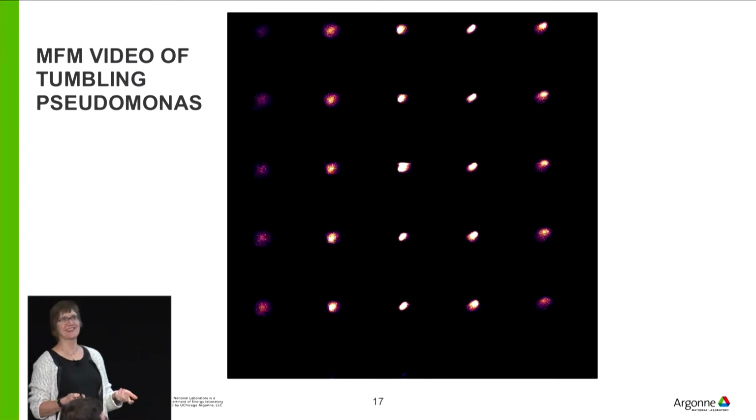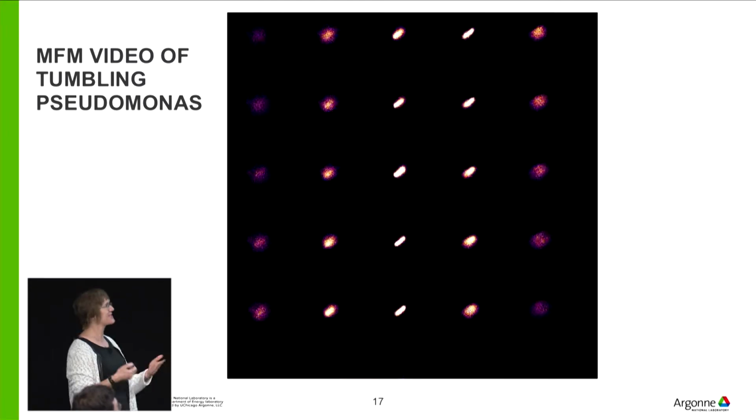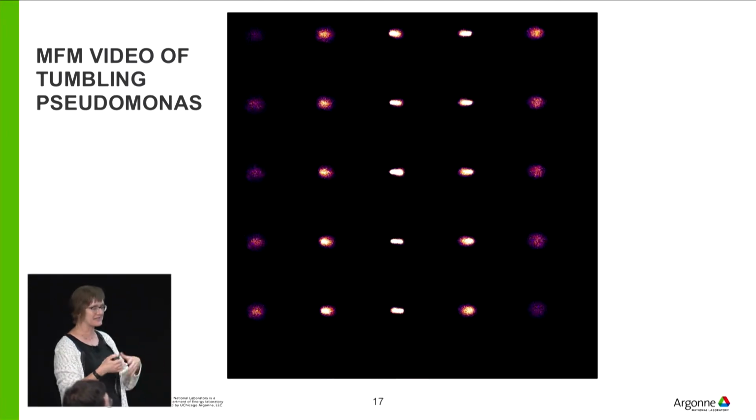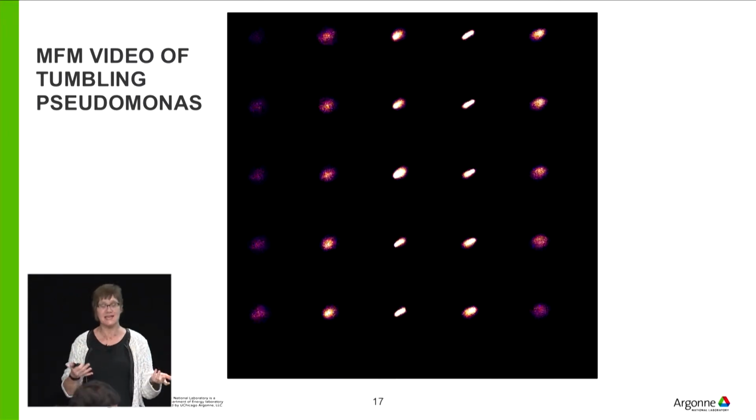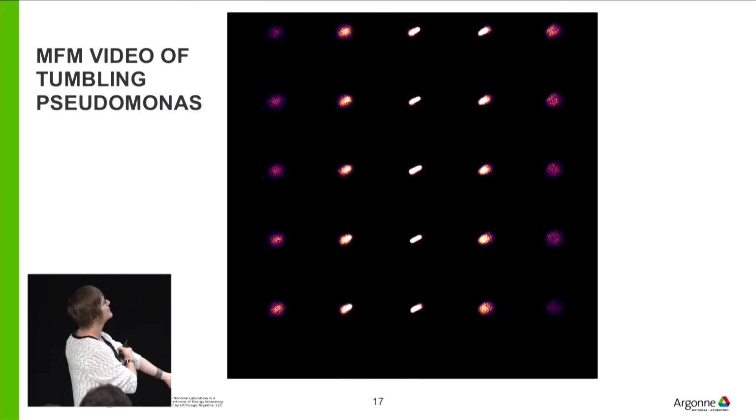I had to learn all these words. I was like, why is it tumbling? So tumbling means it's free to move around, but it's actually not. This cell is not actually alive. But